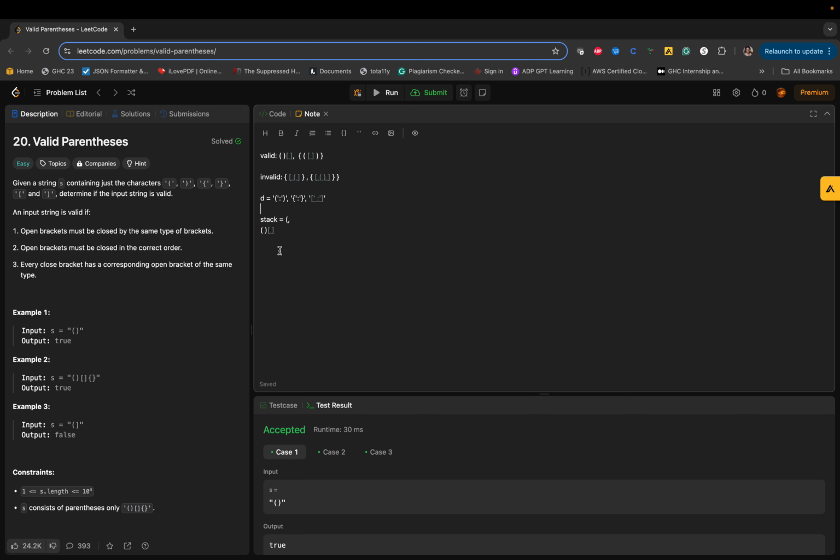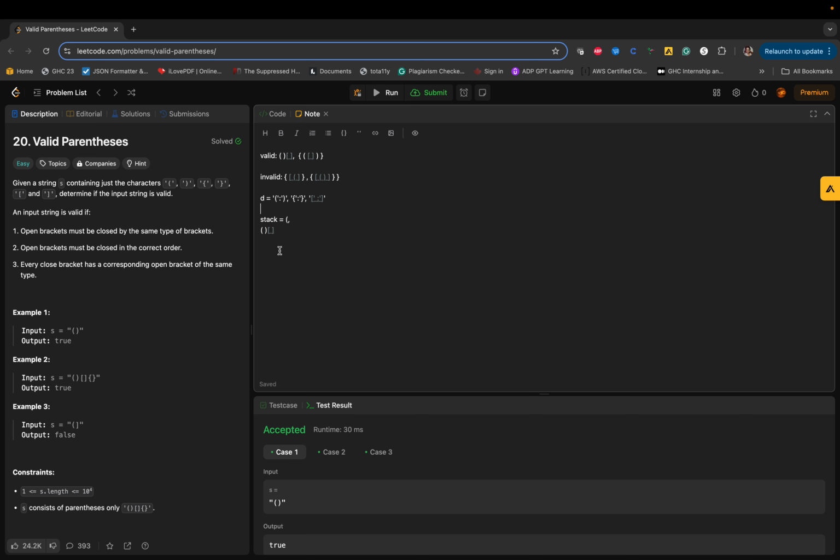which means removing it from the stack, and compare it with the element that we have just encountered. We check if the opening bracket that we just popped out of the stack is the corresponding opening bracket of the closing bracket that we have just encountered, and we can see that it is. Then we will move on to the next one. It is again a closing bracket of this kind, so we will again pop out the last element in the stack, that is this element, and then we will compare it with the current element that we have encountered to see if it is the same